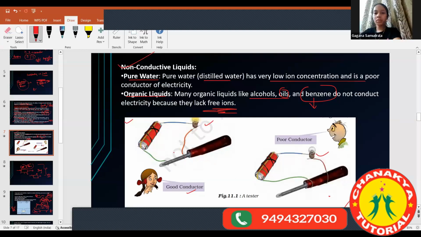Ma'am, circuit. We are checking if they are conducting electricity or not. So basically we are just telling whether the electricity is passing through the circuit or not. The basic thing. With the help of some material, we are testing whether the circuit is able to pass the electricity or not.